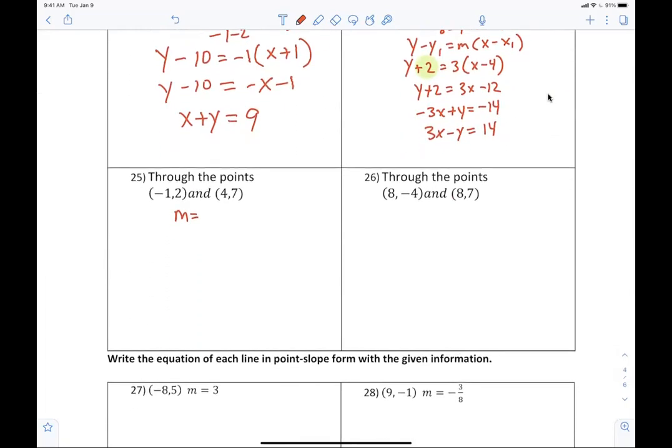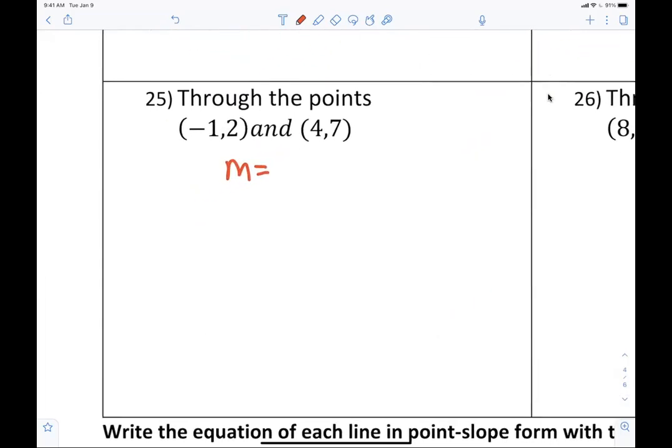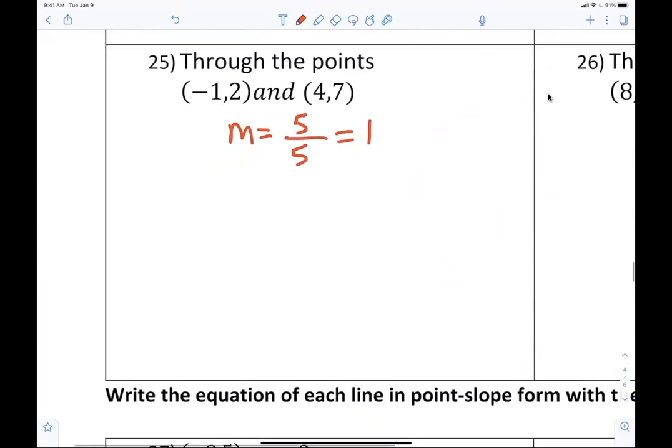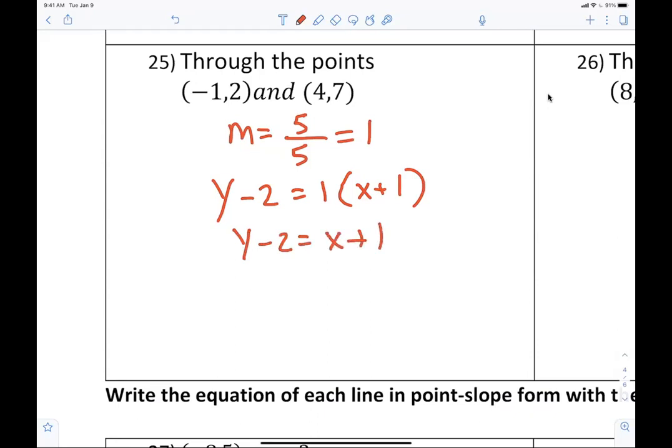You want 26? He's gonna do 25. So let's go. Come on. M equals 7 minus 2, which is 5. So it's just 5 over 5, which equals 1. Wow, that feels good. Go. And then it's y minus 2 equals 1 times x plus 1. And then you distribute, which is y minus 2 equals 1x plus 1. Good. And then you,